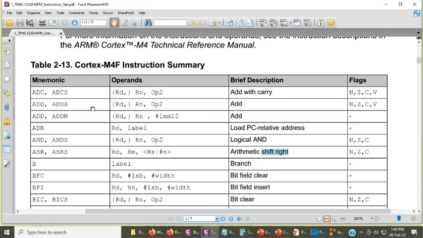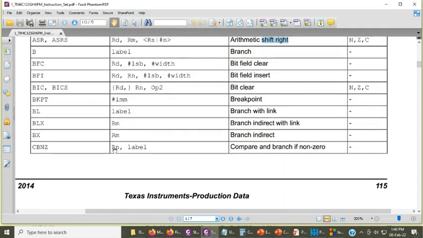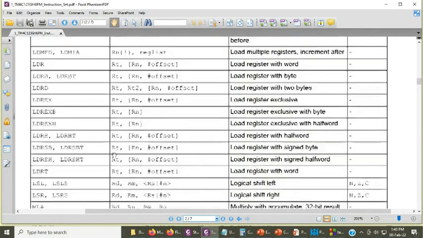For example, here in case of add, Rd, Rn, Op2, operand 2. The operand 2 and the content of the Rn register will be added, and the result will be stored in Rd. This is how most of the instructions are followed in ARM Cortex M4. But we will not be following this.